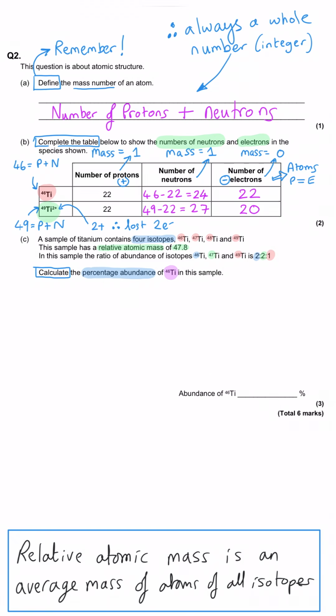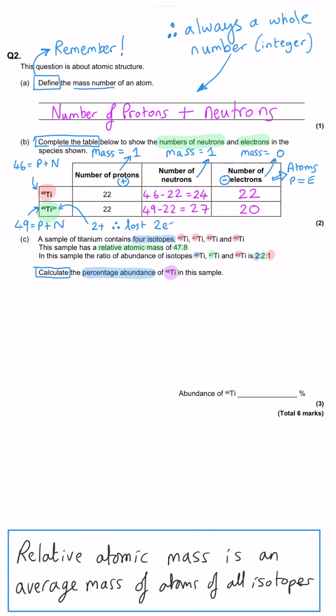Now this seems strange because we've not been told anything about titanium-48, and we would instinctively think that we're being asked to work out the percentage of that, which we could do and then work backwards to work out what titanium-46 must be. But it is easier in this instance to assign each part of this ratio a letter, and